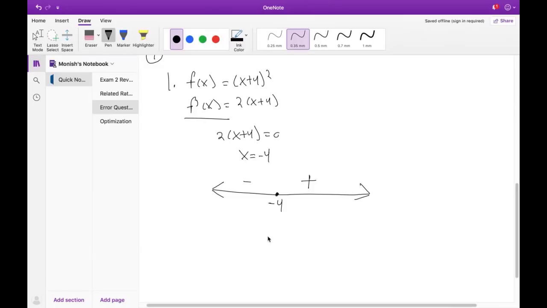And then this basically tells you the direction of your slope. So if this is a negative sign, that's telling me that my slope is downwards. This is a positive sign. My slope is upwards. And if you imagine it like this, we would consider this a minimum. So at this point, at x equals negative 4,